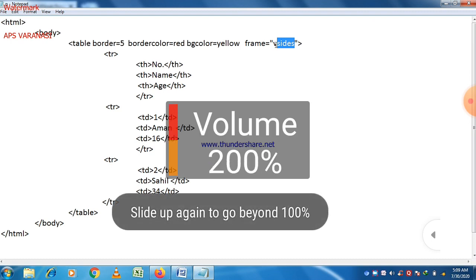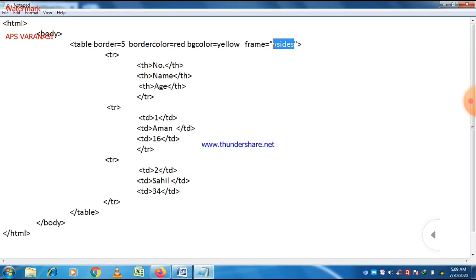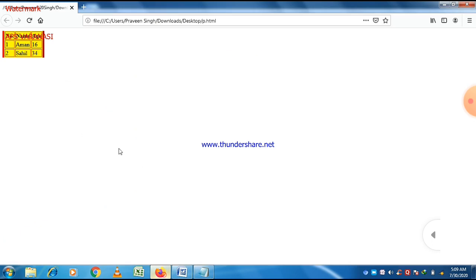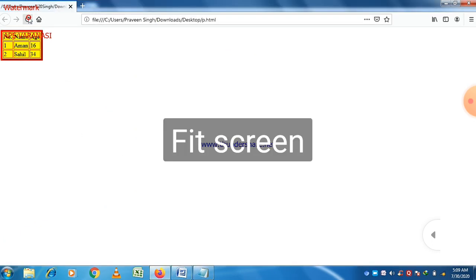So for both sides, and if we write box, the value of frame is equal to box, then let us check what happens here. So all boundaries will be visible. You can easily see that.